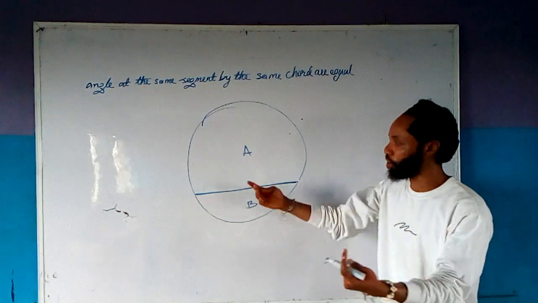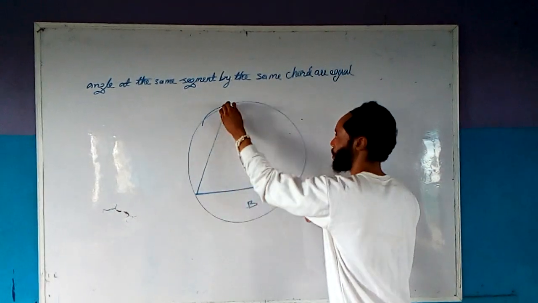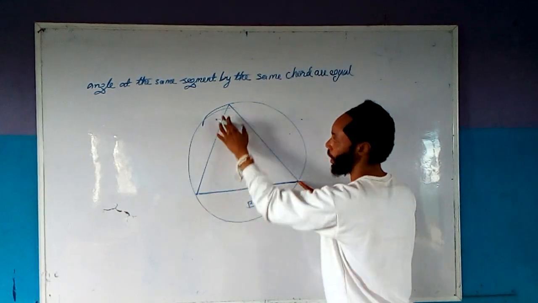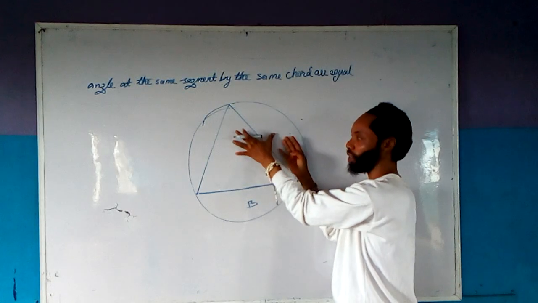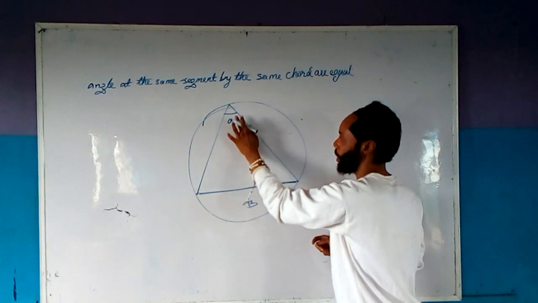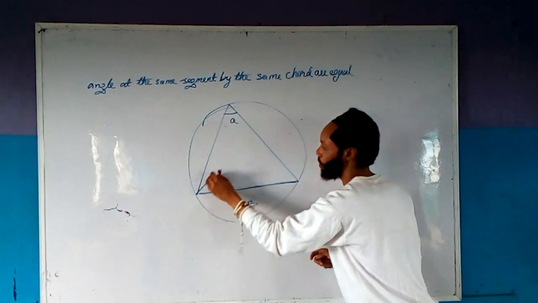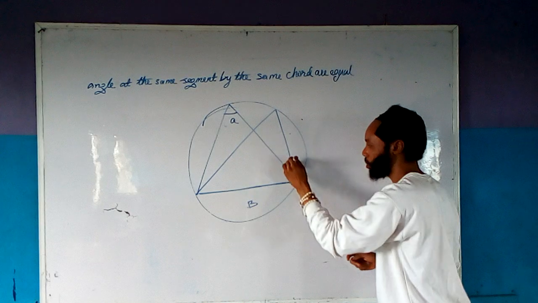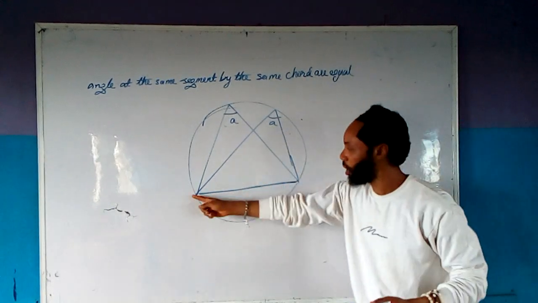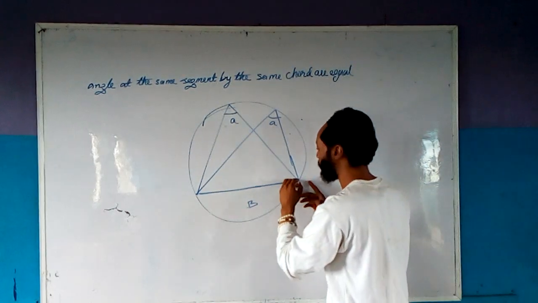This is where they touch the circumference. If I create an angle here, you can see this point of the chord and this part of the segment, this part of the circle on this segment. Now if here is angle A, let's name it A. Now if I create another angle still on that, it will still be what? A, because this law on the same segment by the same chord, they will even if I put another angle here,